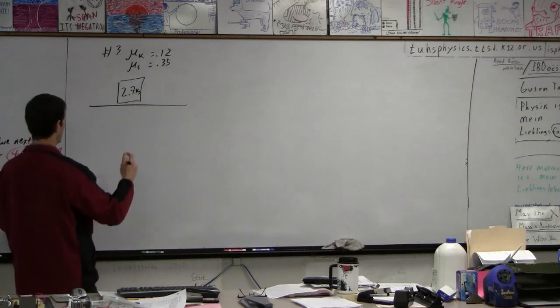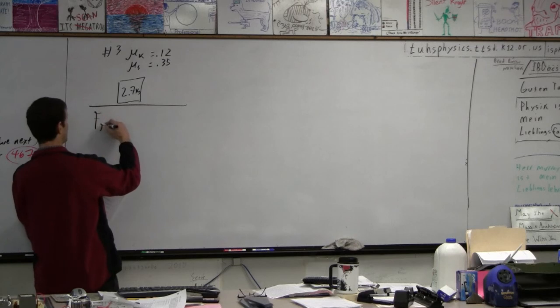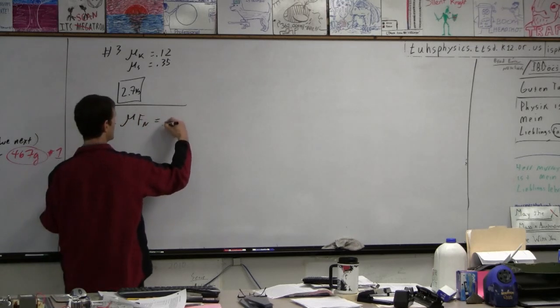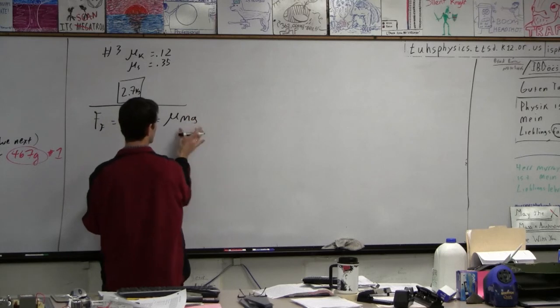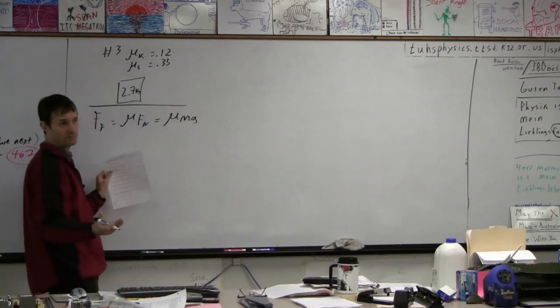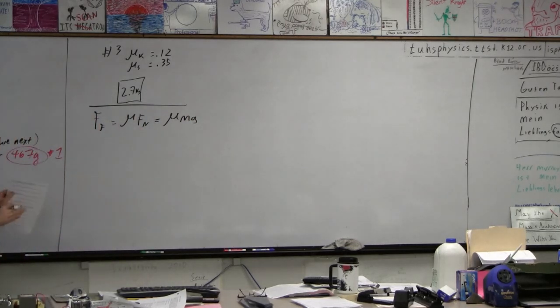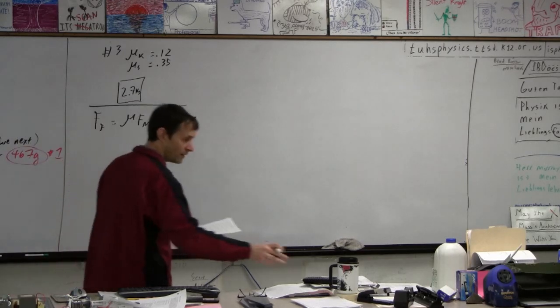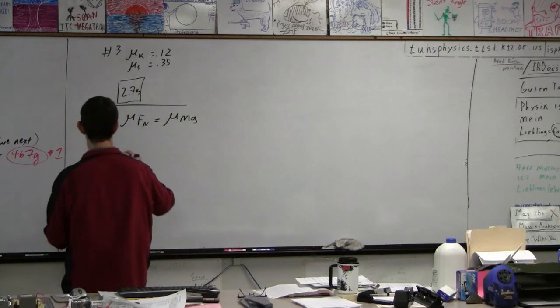And those are going to be the force of friction. The formula we've got is that it's mu times the normal force. And this always becomes mu times m times g because the weight, the mg, is your normal force if it's just a level surface. And we're not going to go beyond that, right? So for the static one,